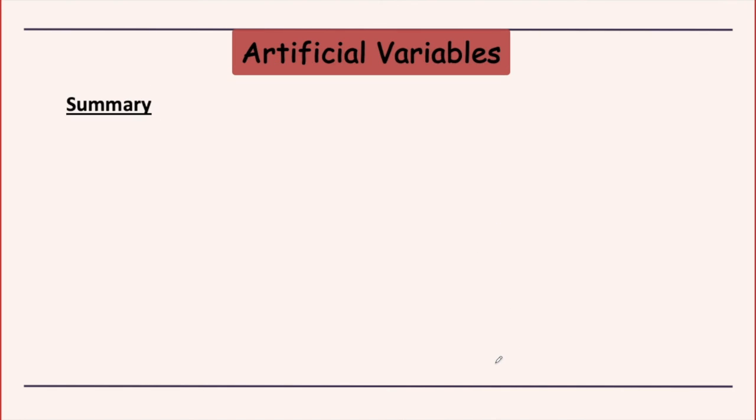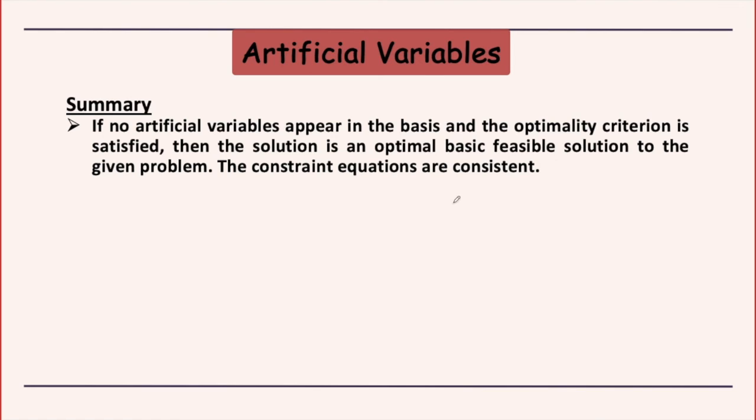So I've just tried to summarize the final table interpretation. Like when you have a problem which has artificial variables and you reach the final table, then how to give the answer. So the first situation is when there are no artificial variables in the basis. So when you have made all of them leave the table, then they will not appear in the basis, and you have reached the final table